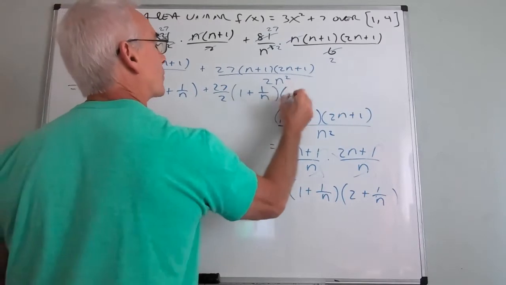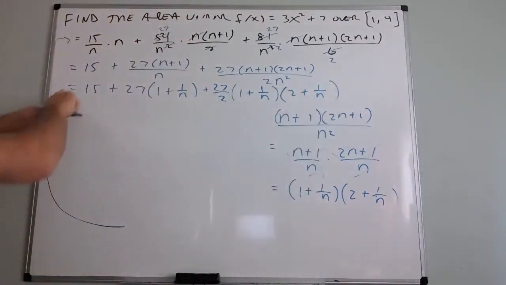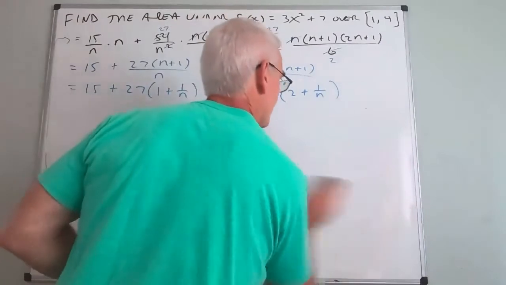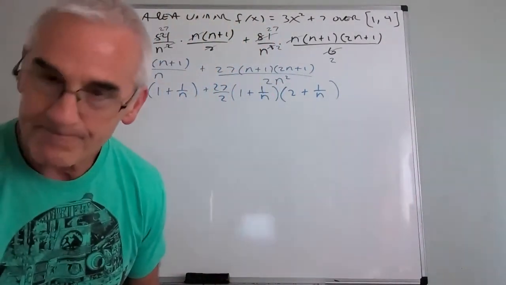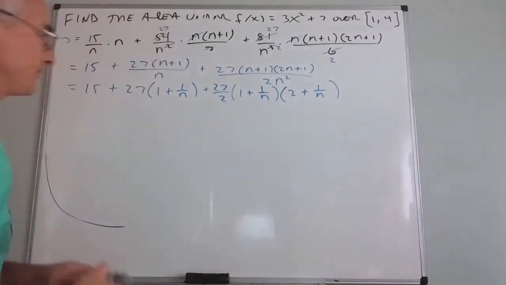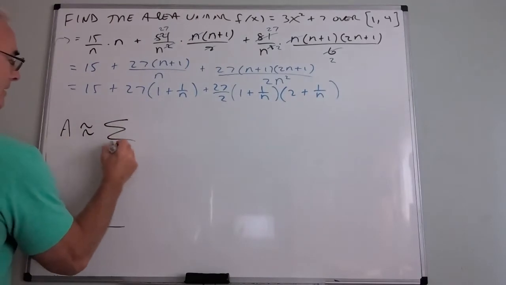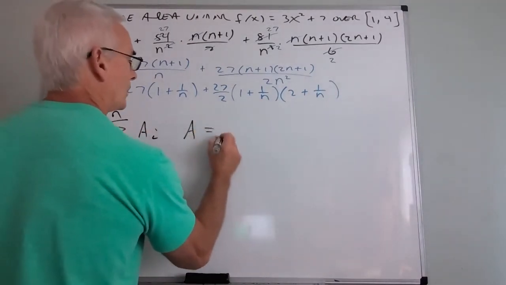Sorry if this looks a little cramped. All right. This is the estimation of my final answer. What I have right there is the estimation of my final answer. How do I get the actual area? I'm going to take a limit. We said area was estimated by this. Area will equal